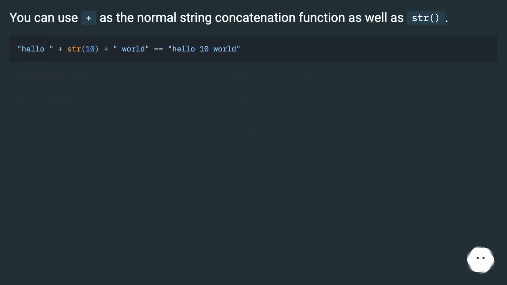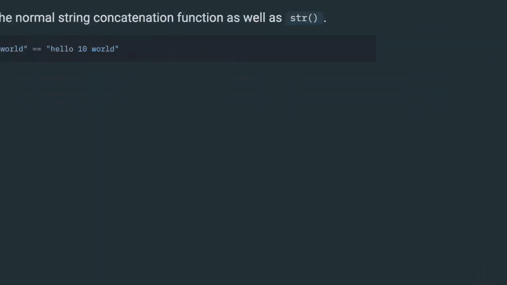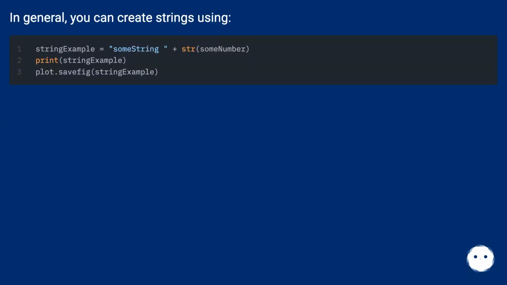You can use plus as the normal string concatenation function as well as str. In general, you can create strings using